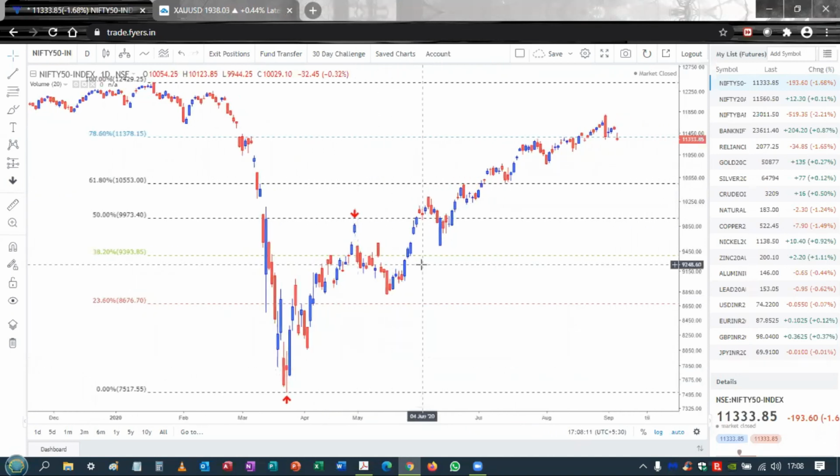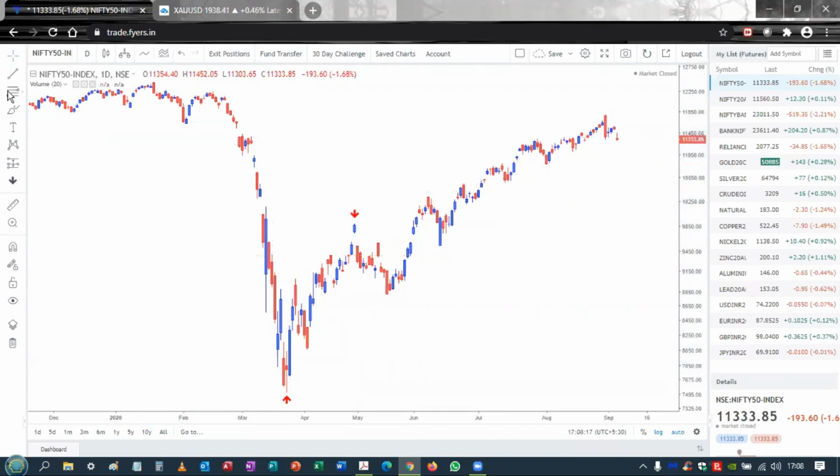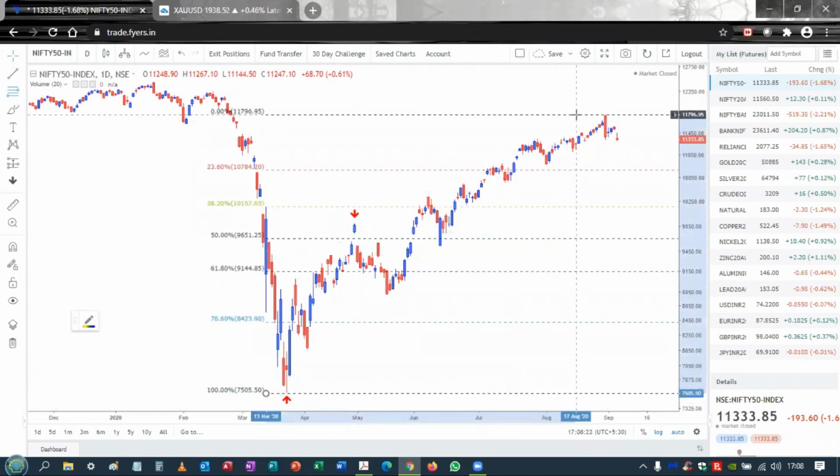Now going forward in time, if at all Nifty declines. Now again, this is just for education purpose. I'm not giving any view on Nifty. Let me just plot an uptrend. Now, if this week's high, which is 11,794, turns out to be an important high, and if that is not surpassed soon, then we could see some sort of correction coming in. Now, these are the levels where you could expect supports to come in: 23.6%, 38.2%, 50%, and so on. However, if price retraces more than 61.8%, what it tells you is that the uptrend has weakened.